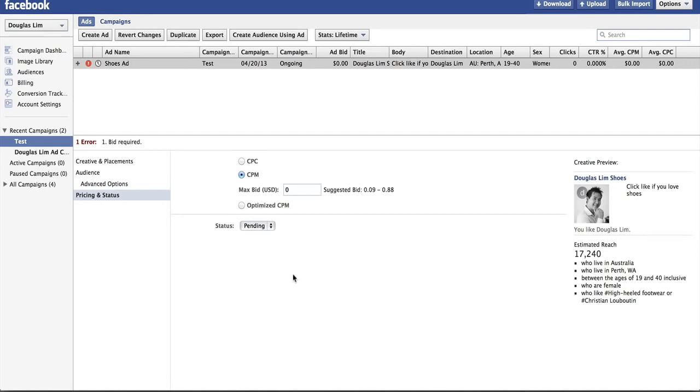And what happens is, if you divide how much you pay per 1,000 impressions by the clicks, you can work out, and Facebook will tell you, the cost per click that you're paying. And this is how you get cheap Facebook ads. I've been able to get anywhere from 1 cent to 10 cents just through this method. So you can actually see that, 1,000 impressions,